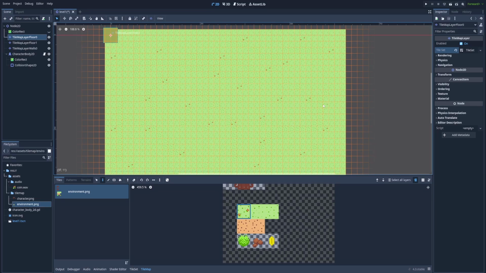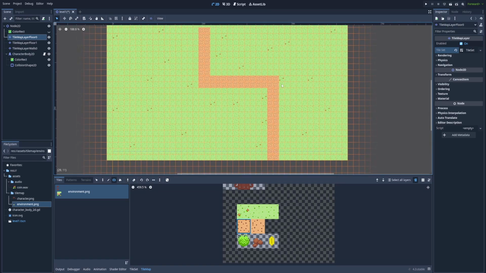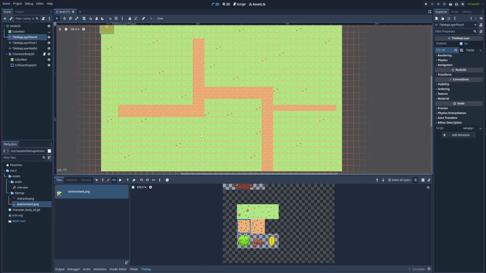When we've got our field ready, we'll use the brown tiles to create the path for our character. Again with the rect. Try to be as creative as possible, and when you feel that it's ready, we can click the next